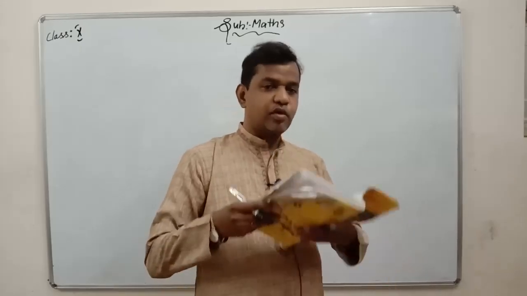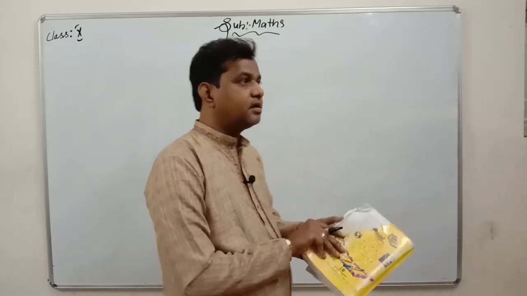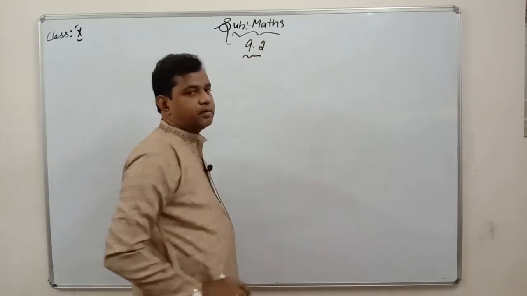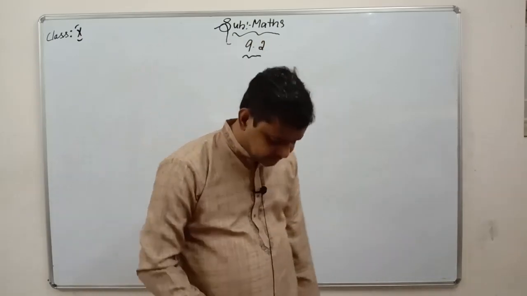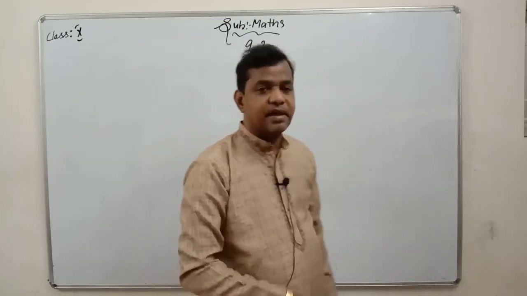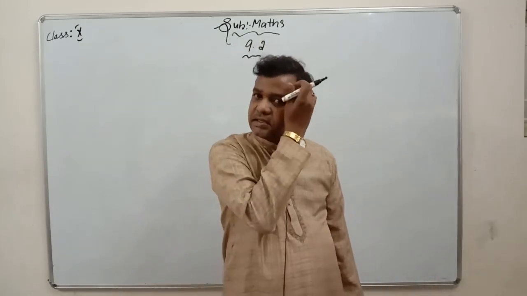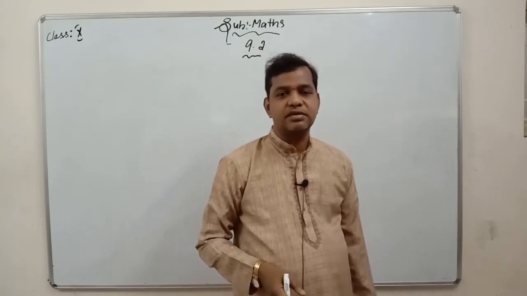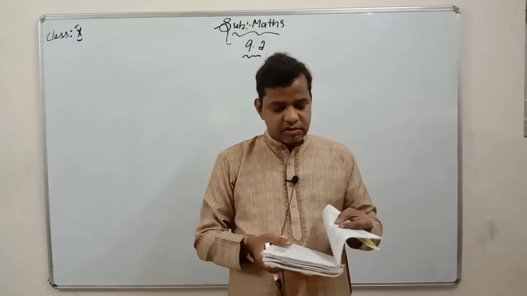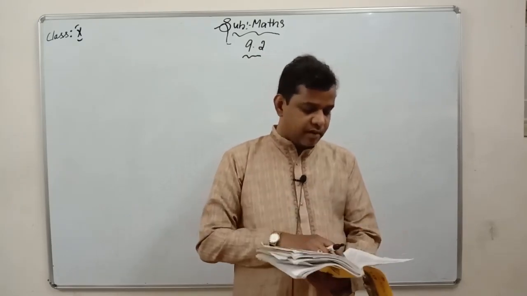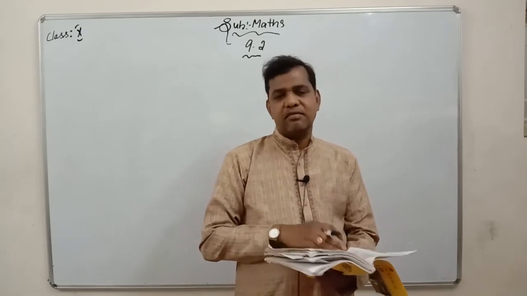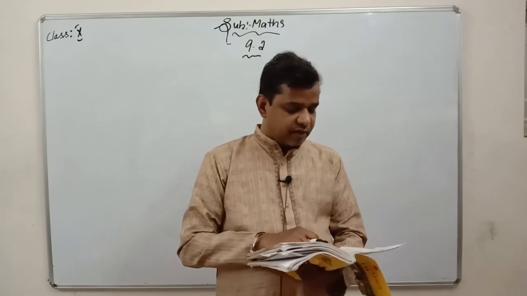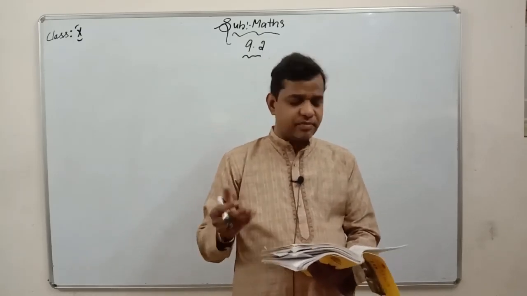Okay children, now we will go with another exercise, exercise 9.2. So we have solved many problems. These problems are based on the same thing which we have already studied, which we have seen in the examples also. So let us see how it works with the exercise problems. The exercise asks: find the zeros of the quadratic polynomial, whatever heading I have written before this problem, and verify the relationship between the zeros and the coefficients. Same thing he has given.